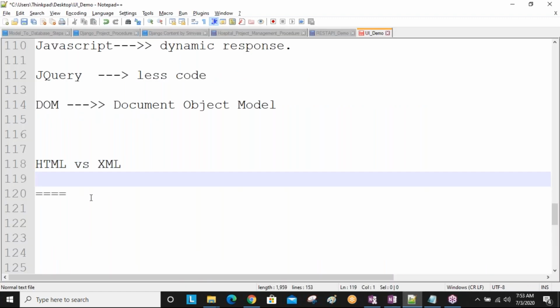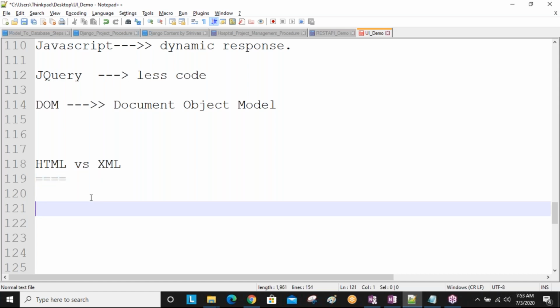Come on, guys. First difference: HTML, I'm writing simple shortcuts. Displaying the data on our website.